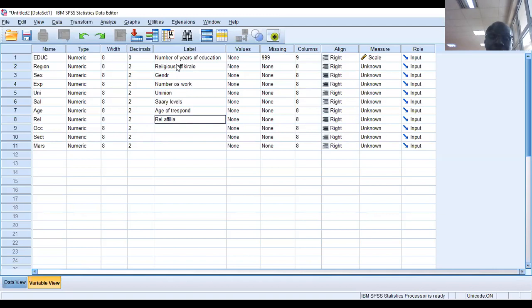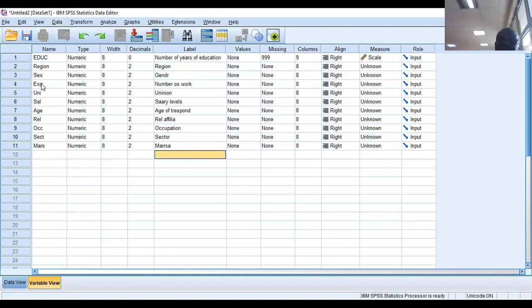This one here is region, where you're working. Then the occupation of the respondent. Here, sector. And here, marital status. Sorry. And here, marital status. Status. Is that okay? If I forgot a variable here, because these variables must be aligned with the way the